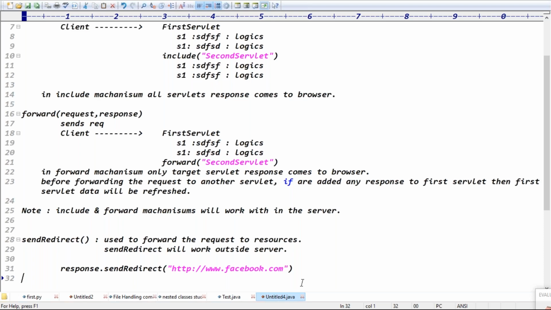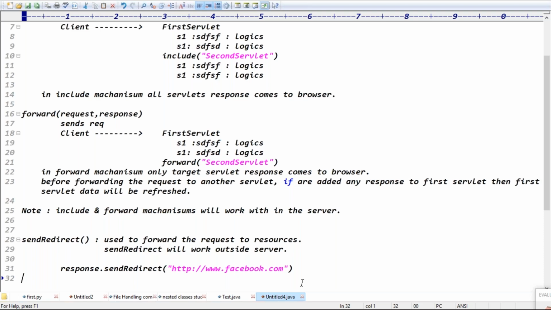How many network calls are there in total here? One network call or two? Definitely two, right? Because Rani is saying redirect the request, but I'm giving the response again. I don't redirect myself; I give the response internally, and in that response I put facebook.com. The response comes to the browser automatically, and the browser generates the request to Facebook. The server does not. That's it, guys. Send redirect will work for out of the server.